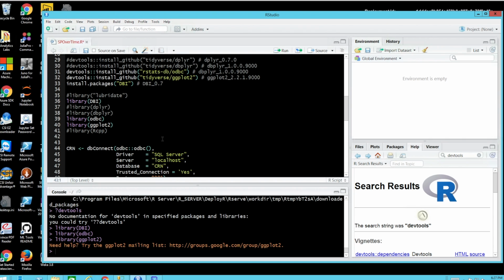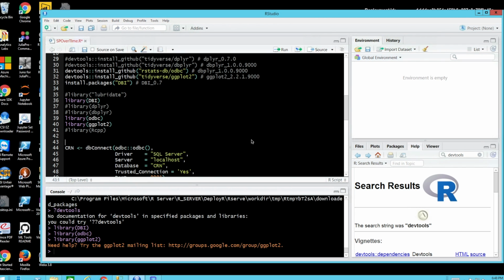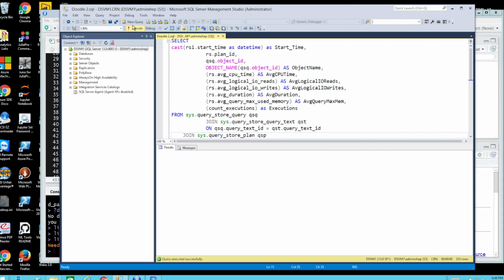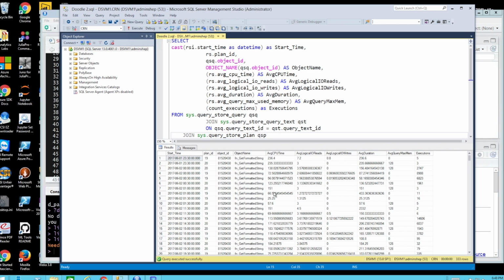So now we need to get to the meat of what we came here for. All right, so here we go. So we have a query. If we run it, the data looks like this. I'm not going to worry about, I'm not even sure I remember how to increase the output size. But